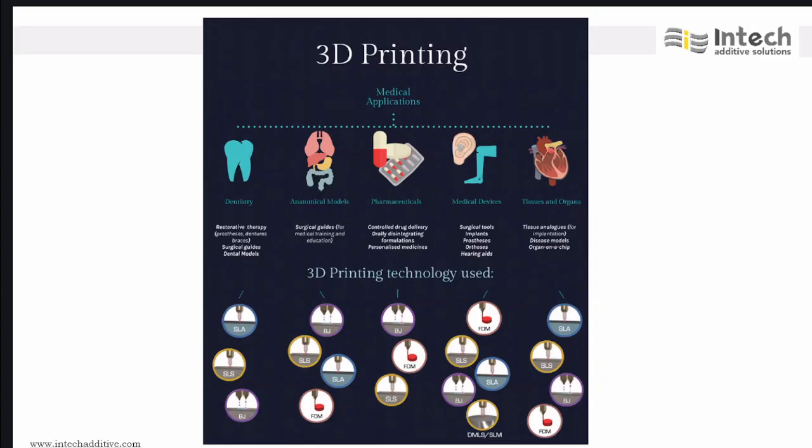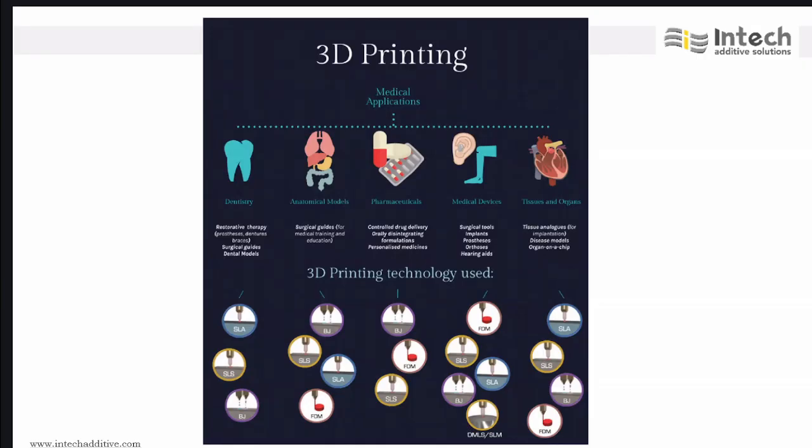And then we have medical devices, like surgical tools or prosthetics and so on. So which could be done using polymer-based printing like photopolymerization and material extrusion process. And if it is going to be metal, then probably we have to go in for LPBF, laser-based powder bed